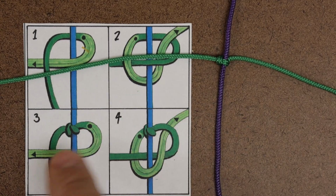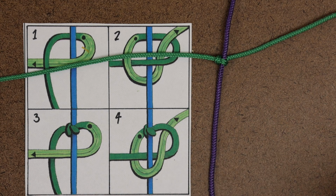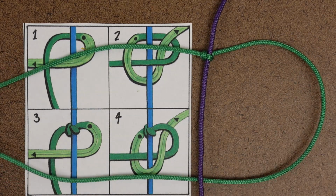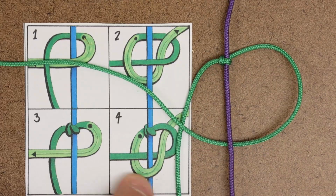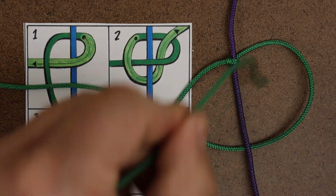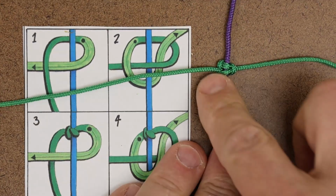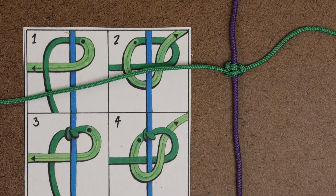Alright, so I did step 1 and 2, now I'm going to do step 3 and 4. So always following the picture. It's a little easier now that that's tight on there. I'm going to go behind now, and then the one on the left is going to be behind. So making sure mine matches the picture, and then it's going to go in front. So that is the mantra, and I'll explain here in just a second. So I've got that one full square knot,